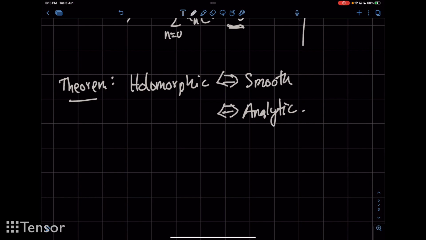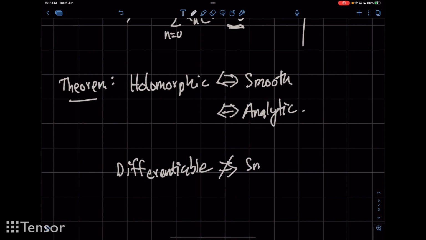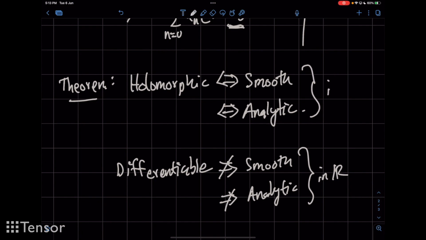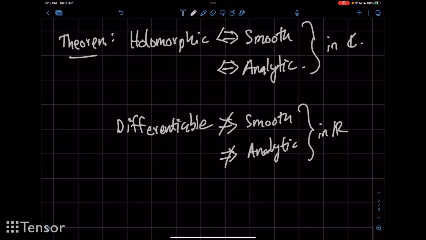But for real functions, first of all, differentiable is not equivalent to smooth. So differentiable does not mean smooth, and smooth does not mean analytic. So this is in R, and this is in C. Okay, so one example for the fact that a smooth function may not be analytic for real functions: